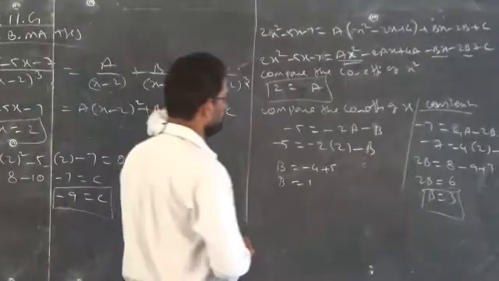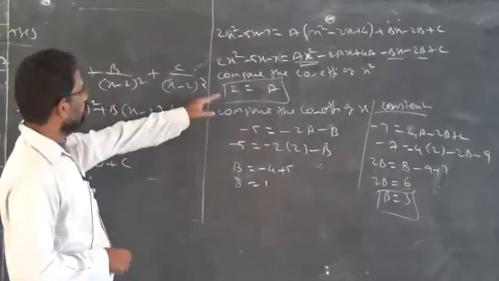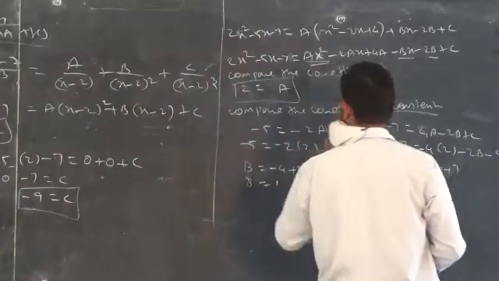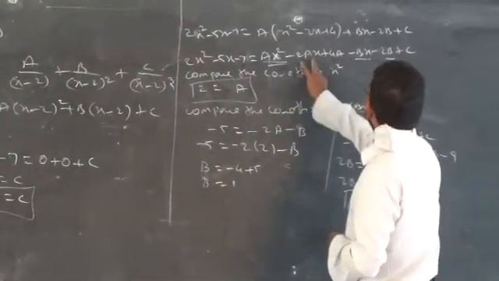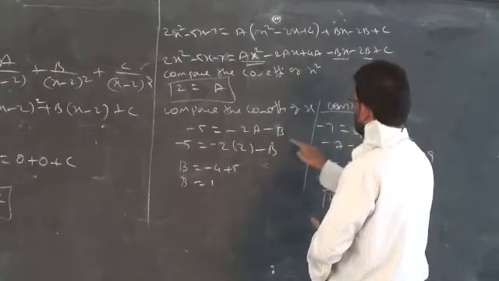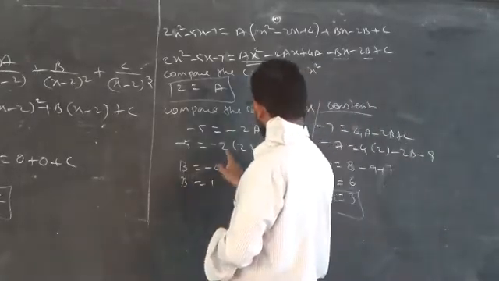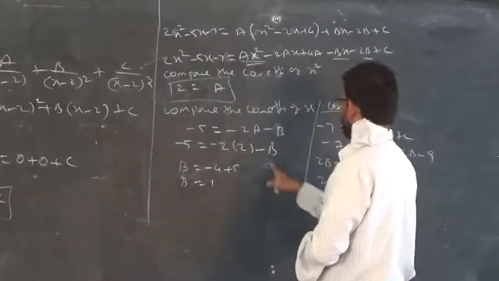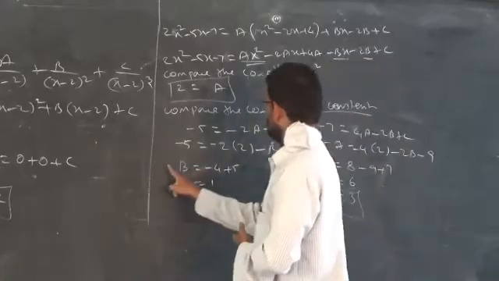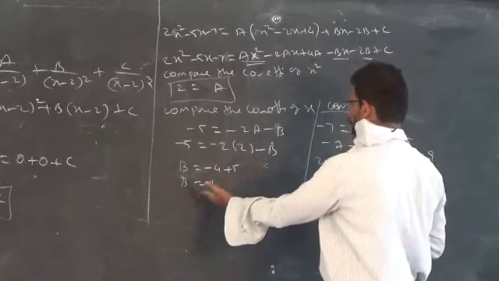So now I am checking whether b is 1 is correct or b is equal to 3 is correct. So compare the coefficient of x on both sides. So minus 5, okay, I wrote minus 2a, it is there, minus b, I replaced everything, it is correct, and a is replaced by 2, 2 2s are 4, and b is replaced, I don't know what is b, so minus b, transfer. So minus 4 plus 5, so b equal to 1.